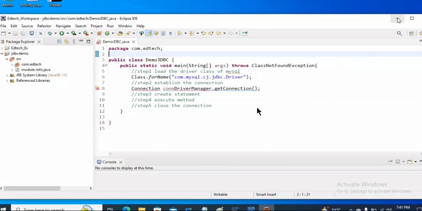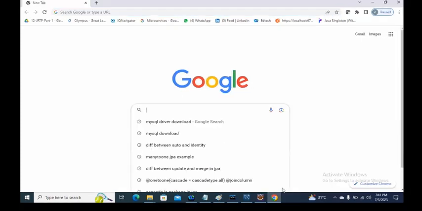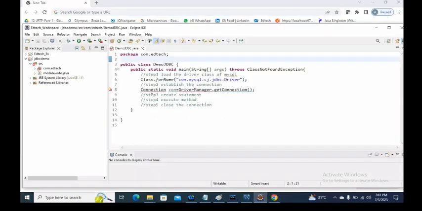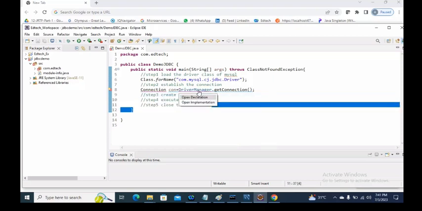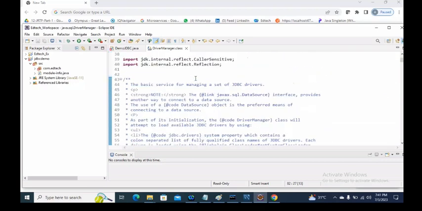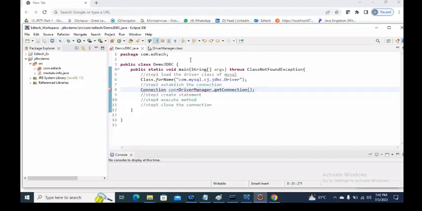I can go for... one second. Connection interface exists under... one second. Even I will try this. Control and click, open declaration. So this base package is only java.sql only. Package java.sql only, right? So I'm just writing here import